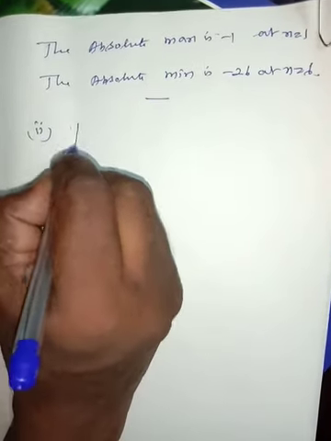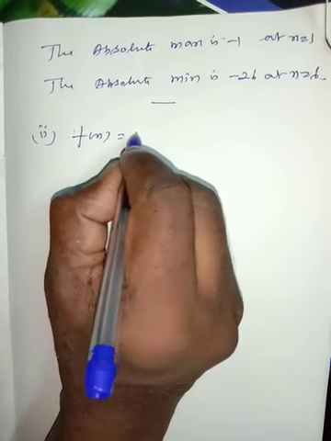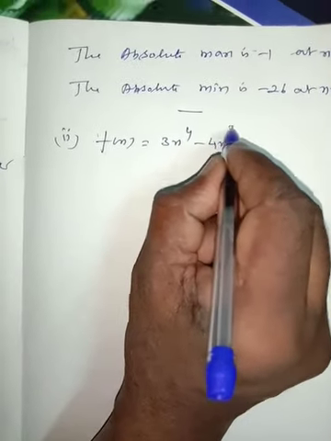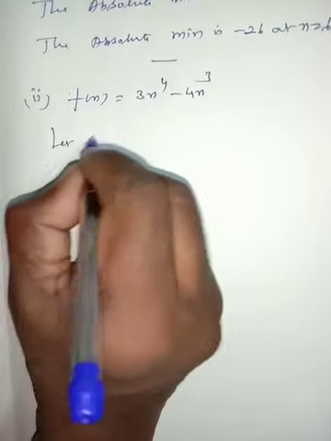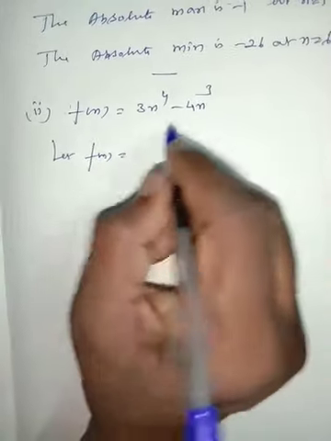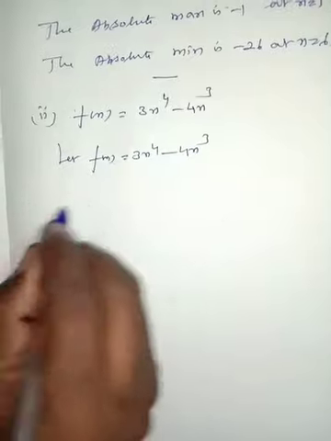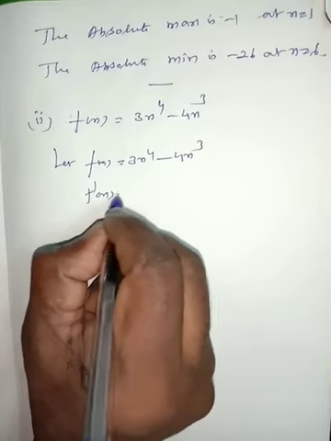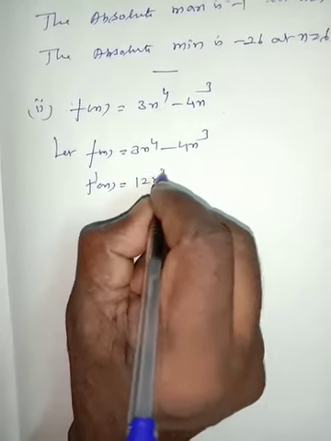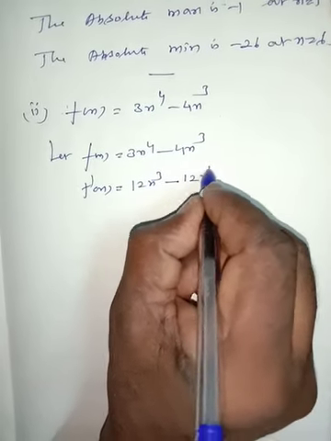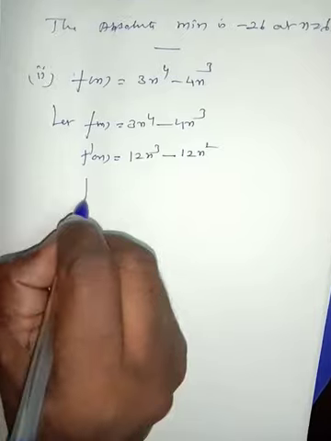f of x is equal to 3x power 4 minus 4x power 3. Let f of x is equal to 3x power 4 minus 4x power 3. f dash of x is equal to 12x power 3 minus 12x square. f dash of x equal to 0